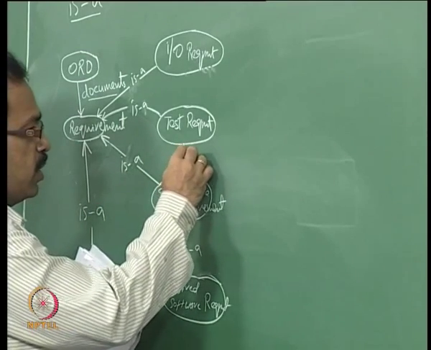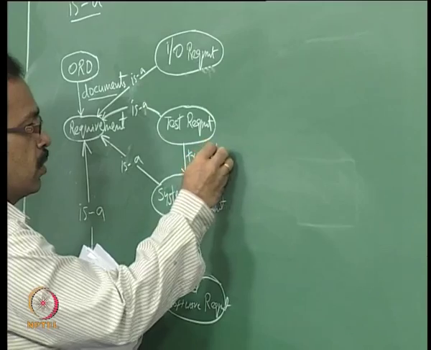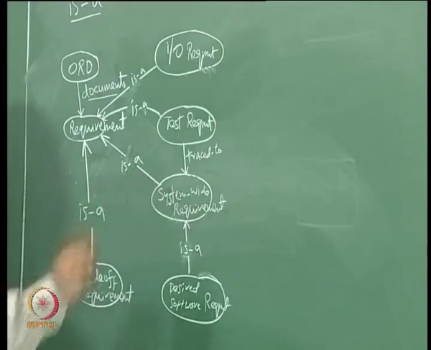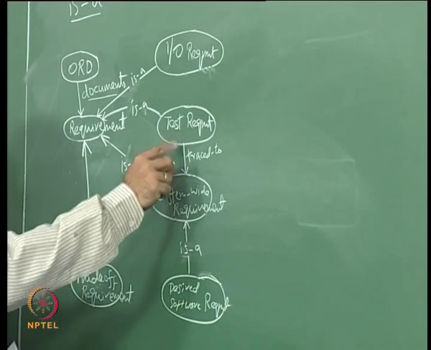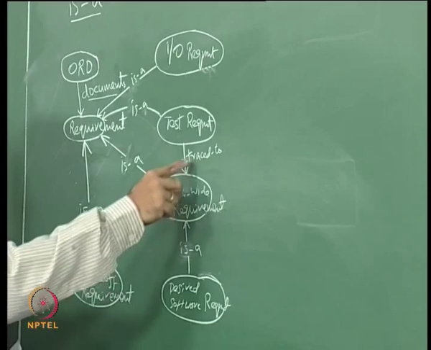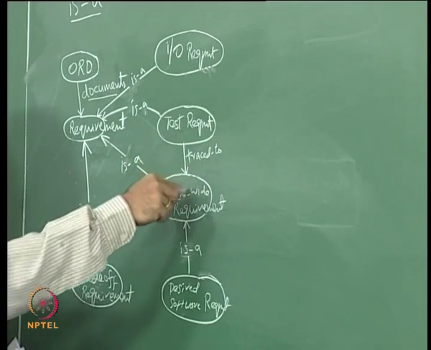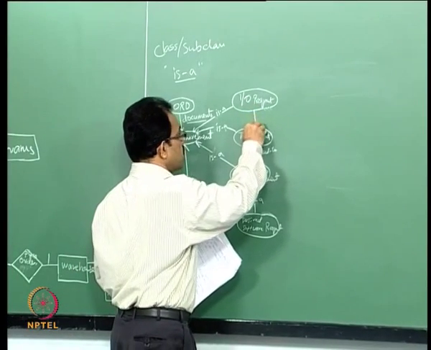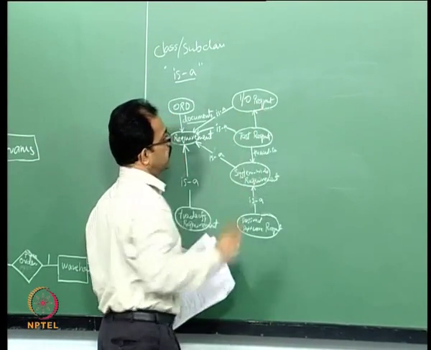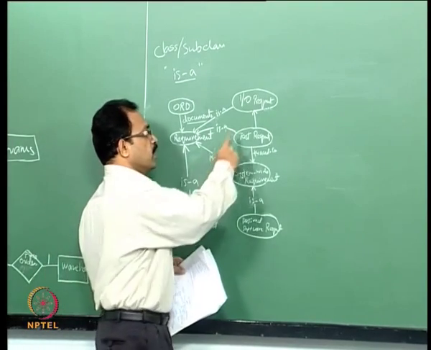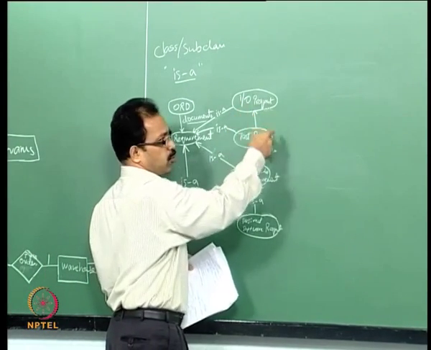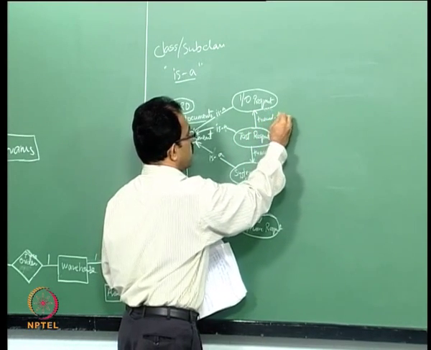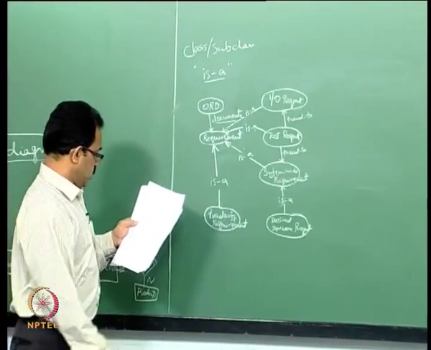So, the test requirement can be traced to the system wide requirement; this is the relationship between these two entities. So, test requirement is an entity, system wide requirement is an entity. So, we can have a relationship "traced to", that is the test requirement can be traced to the system wide requirement. Similarly, the test requirement can be traced to the input output requirement also. Basically, the test requirement comes from all these system wide requirements, input output requirements and all other requirements. So, we can always have a relationship, this is traced to the input output requirement.